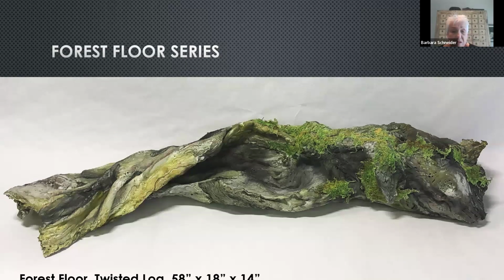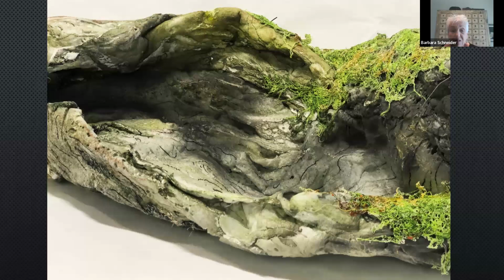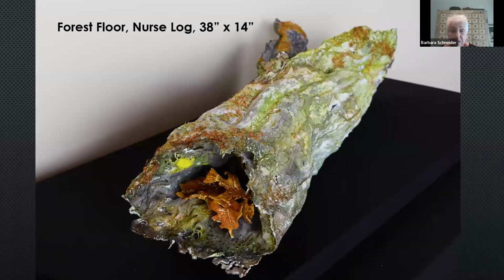So I learned that I could recreate some of these beautiful logs that I've seen in the forest by making small little pieces of the Foss shape and created the ridges and the patterns in it first and then assembling them.